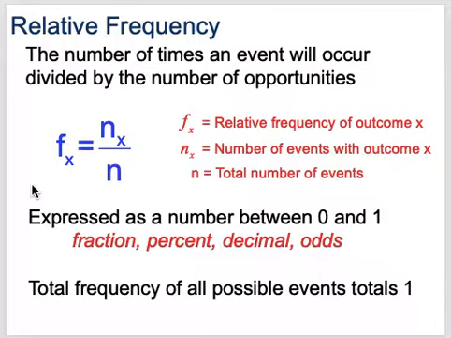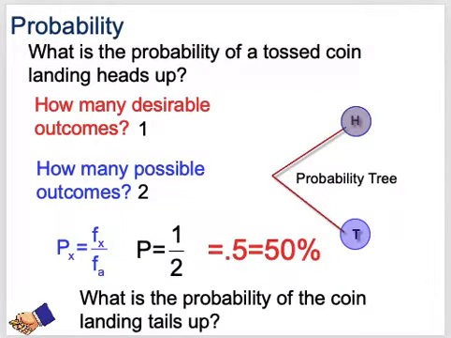Most of the time, this is expressed as a decimal, but they say they can be expressed as a fraction, percent, decimal. Again, they throw in this odds, but that's a little different than probability, straight up probability. I don't think they have anything to do with odds here. Okay, same stuff as before. All right, so